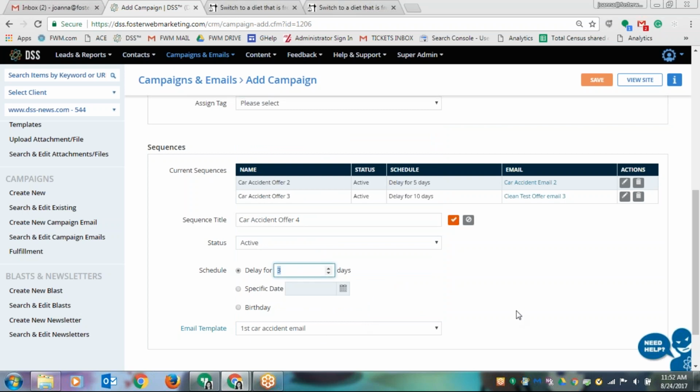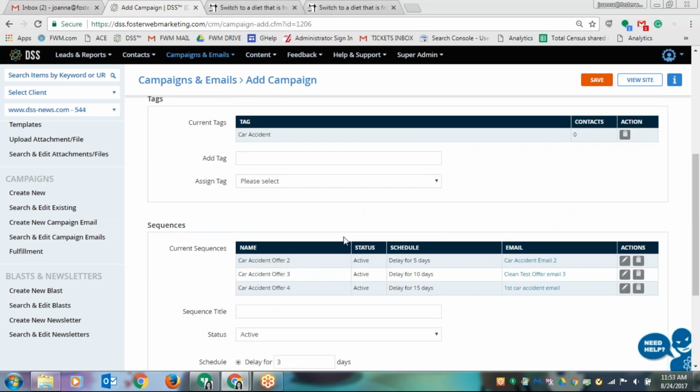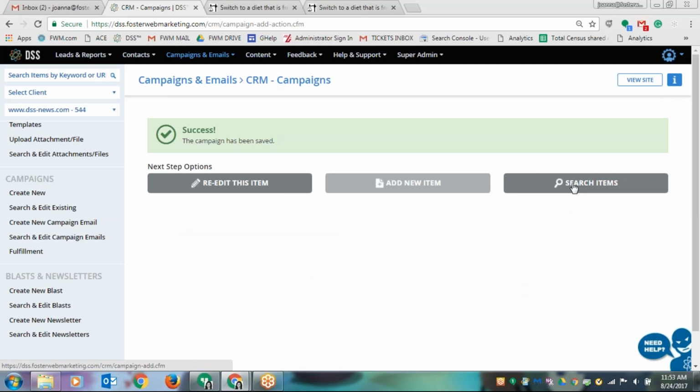And we'll delay this for maybe 15 days. Okay. So they will receive the first email 5 days after they fill out the form, second 10, and of course you want to do this based on your sales cycle. Once this is completed and you have all the emails that you wanted to add for that campaign, you'll hit save, and the campaign will be created. It's still inactive, so we still have to come back and turn it, switch it to active. But before we do that,